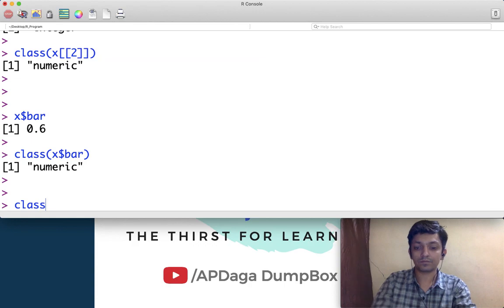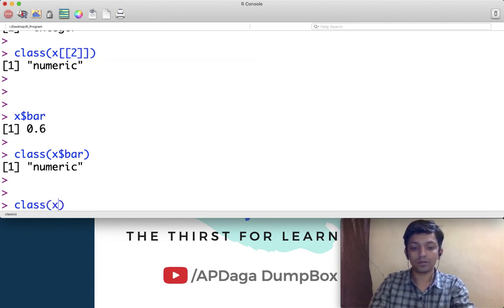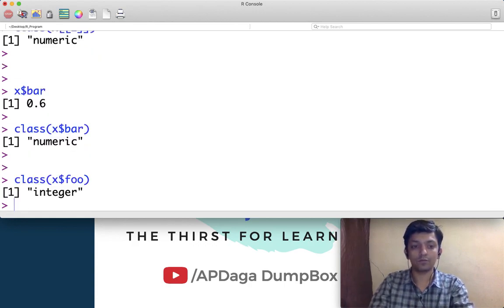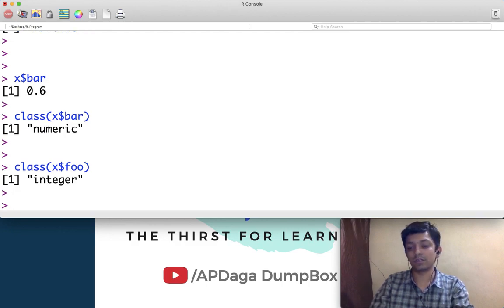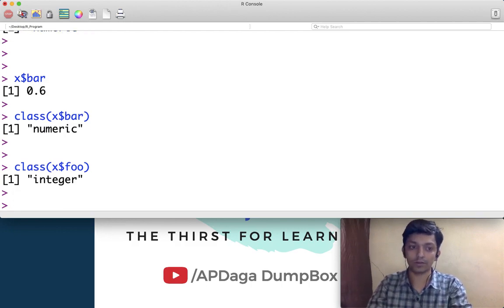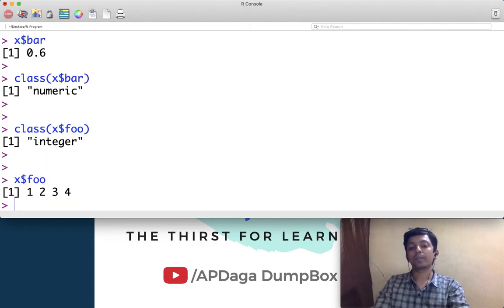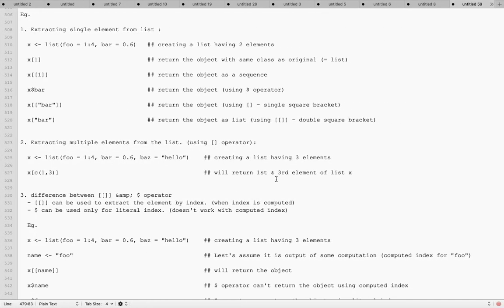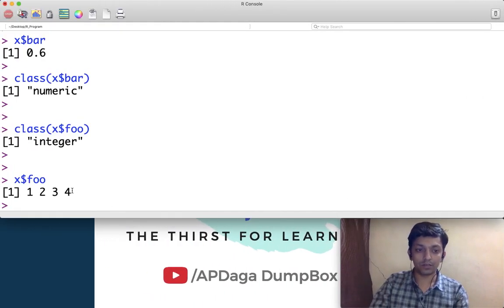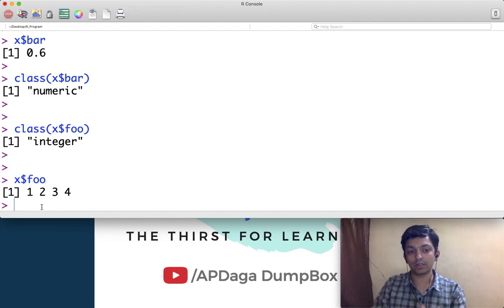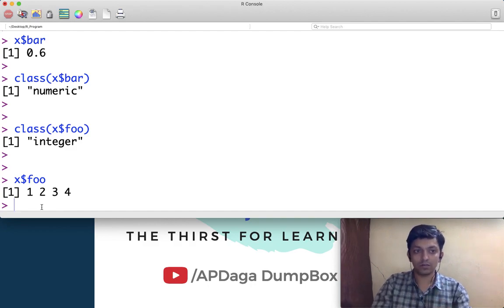Class of x foo is integer, so it is the same as double square bracket, but the syntax is different here. Now this is how to extract a single element from the list. Even if you see this as a sequence, it is actually a single element of the list x.